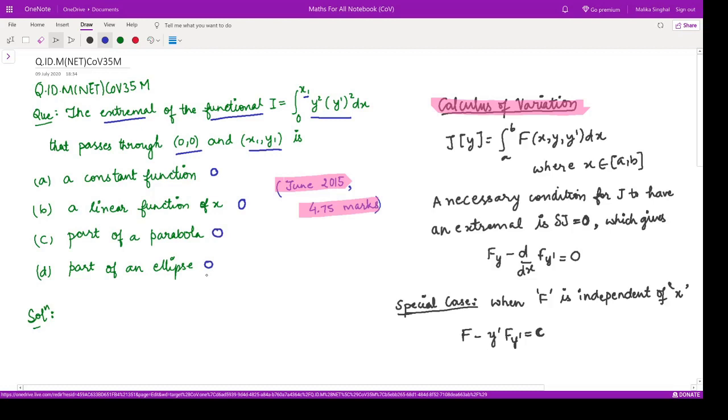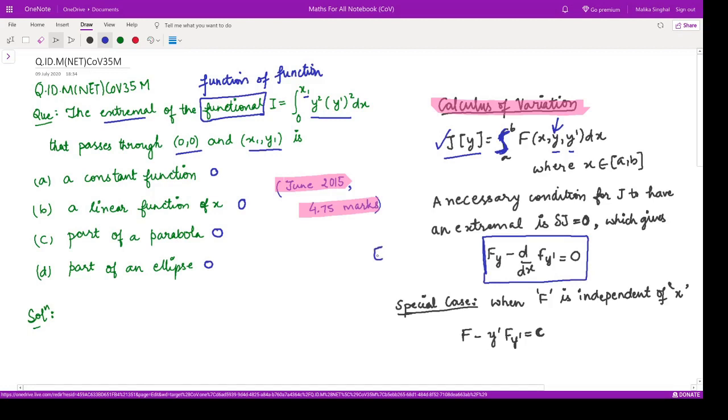So for solving this kind of question, we must know first of all what a functional is. A functional basically is a function of functions. What does that mean? It means that whenever you plug in a function here in the form of y and then you integrate it, you get another function. So this forms the general form of a functional. To find the extremal of this functional, we have this equation